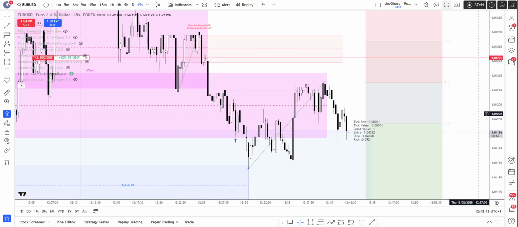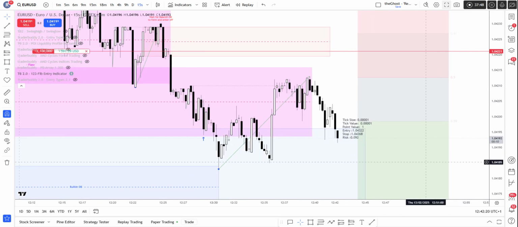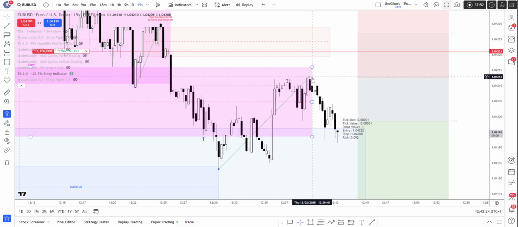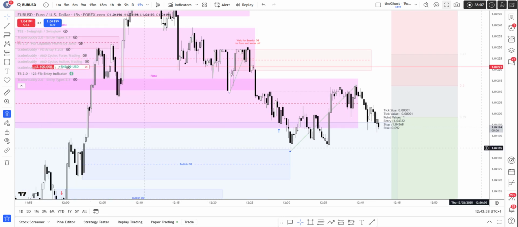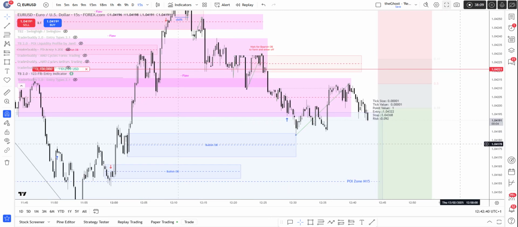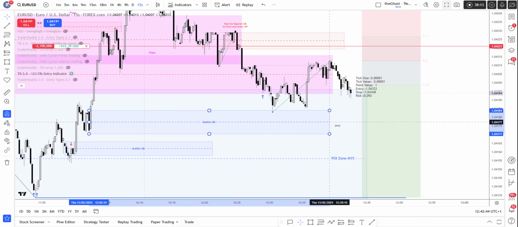What do we say if we are in discount? We buy, but mind this high. If we are in premium, we sell. Well, this was just a dip into premium, and what did we do? We sell off again. So let's go to our next target, that is at least this low